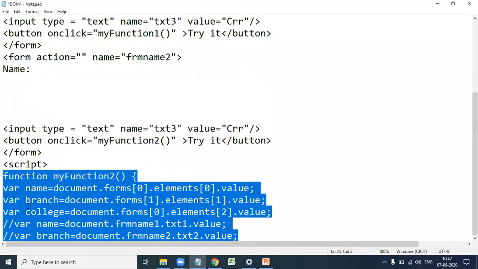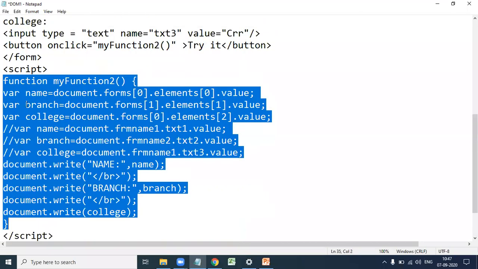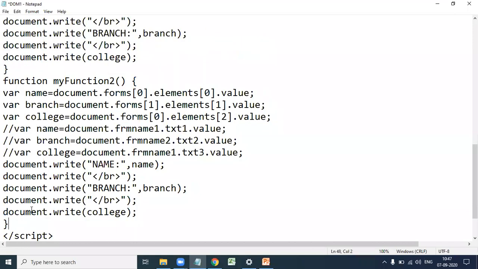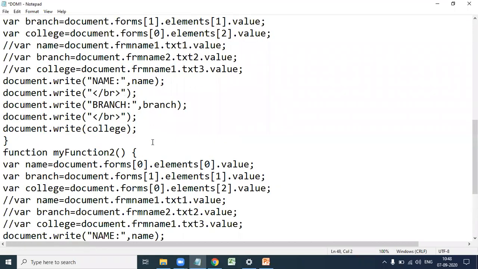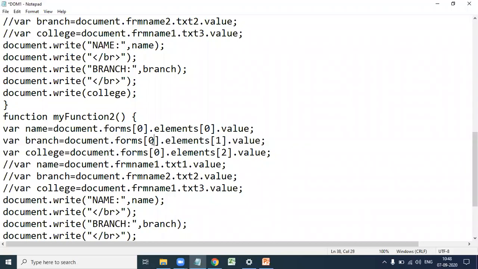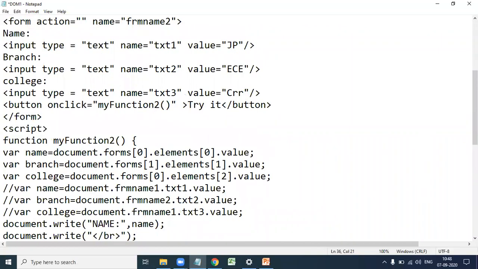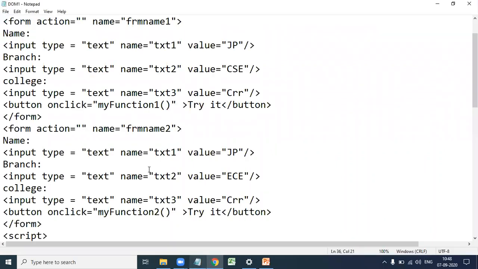Again we write another function. See, when you click on the first try it button, it shows JP CSC, that is the first form. When you click on the second one, JP ECE, that is the second one.